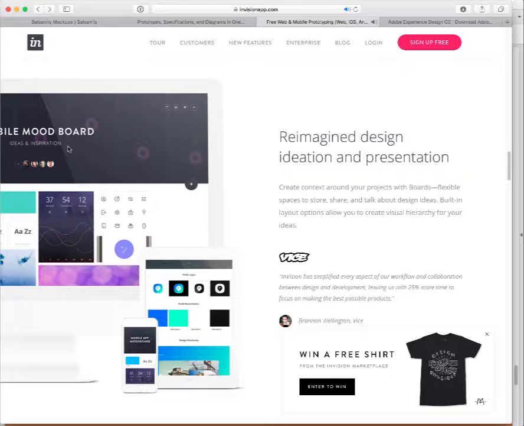I'm probably not going to do a demo of this because I'm not that good of an artist. It probably would take me several weeks to turn out a good page design with Photoshop, probably less with Sketch, but